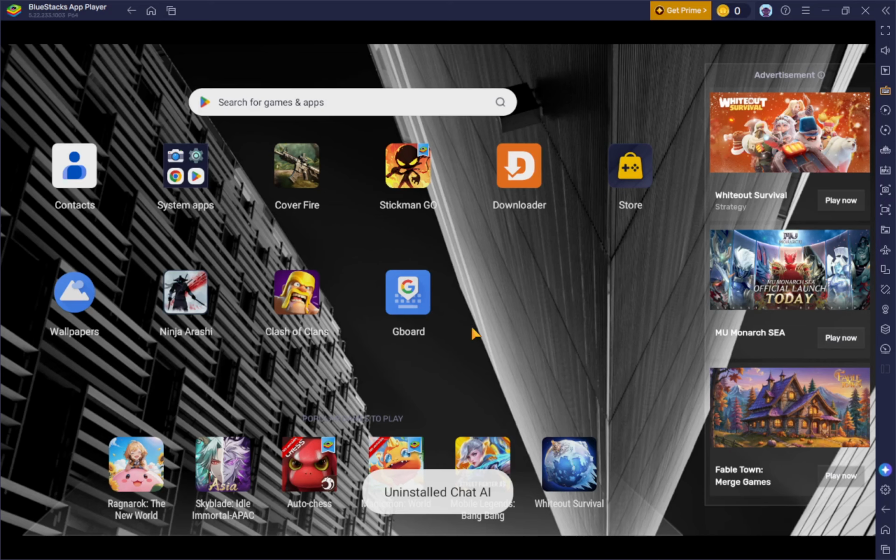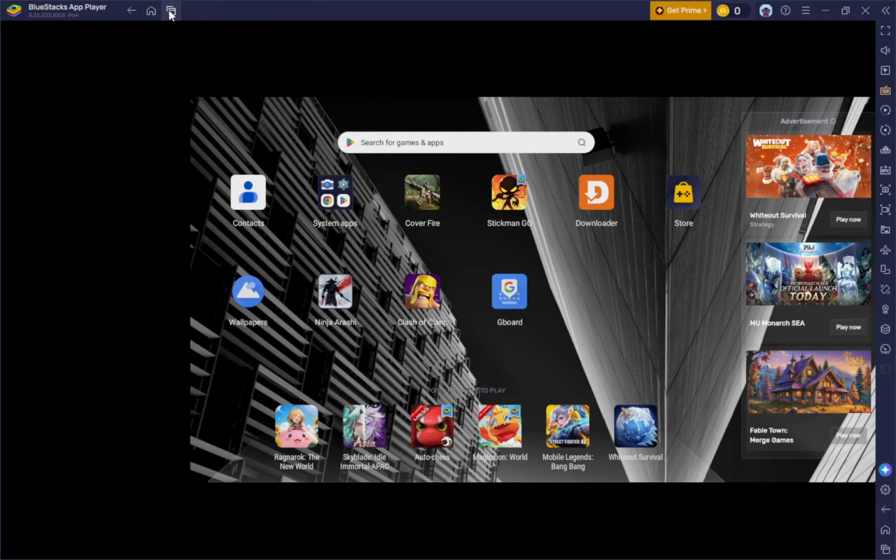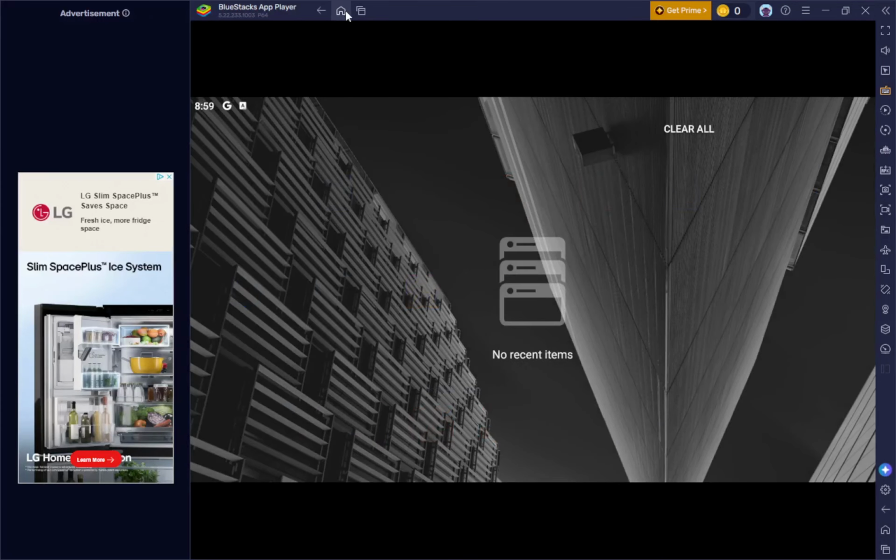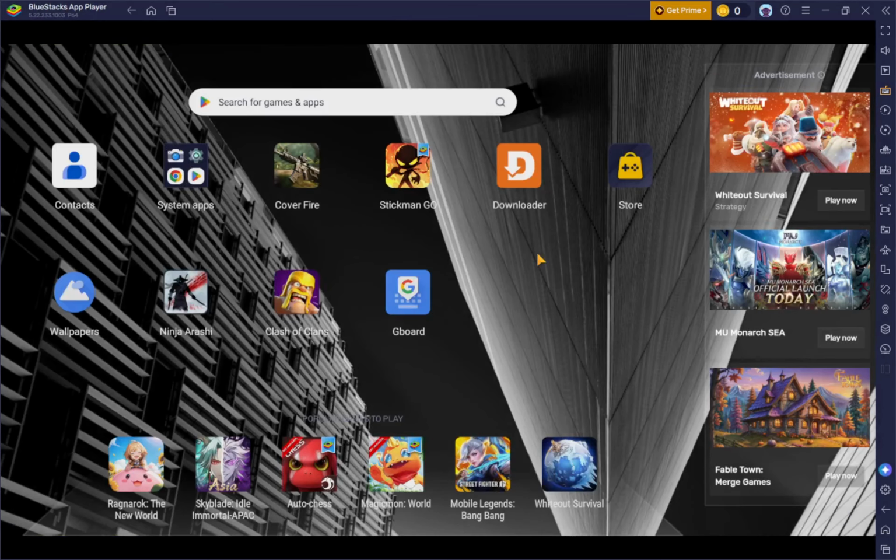Once BlueStacks is open, go to the home screen. If you are already there, you will see your main grid of apps and maybe a wallpaper behind them. If you are inside any app or settings page, use the Home button in the bottom center to return. When you hit Home, the app you were using stays open in the background, but the view switches back to that main grid so you can reach the built-in system tools.